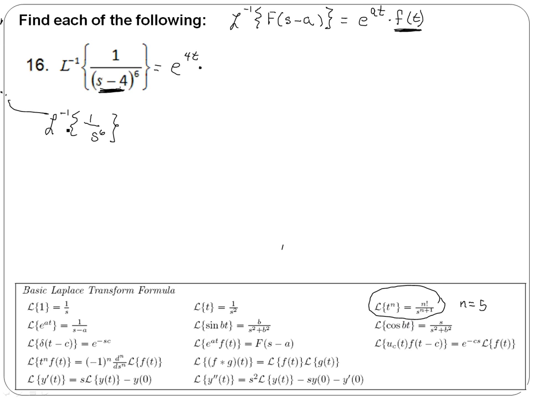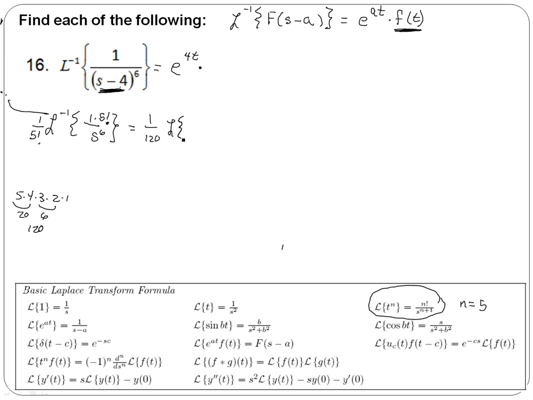Okay, so I need a 5 factorial in the numerator, which means I need to divide by 5 factorial in front. And 5 factorial is 5 times 4 times 3 times 2 times 1. Let's see, that's 20 times 6 is 120. So that's going to give me 1 over 120